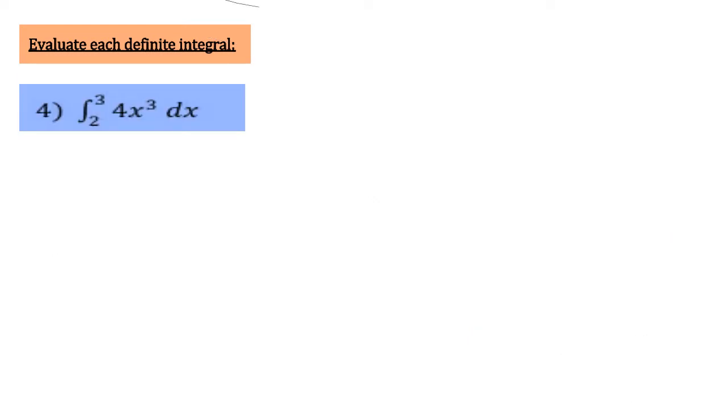The integral from 2 to 3 of 4x to the power of 3. First I'm going to find the integral of 4x to the power of 3 by adding 1 to the power and dividing by the new power. And this is a definite integral from 2 to 3. So by cancelling 4 and simplifying, it's x to the power 4